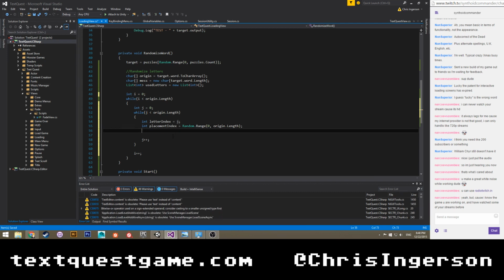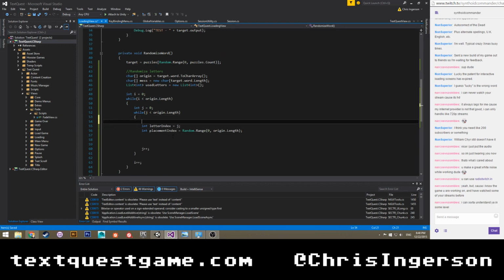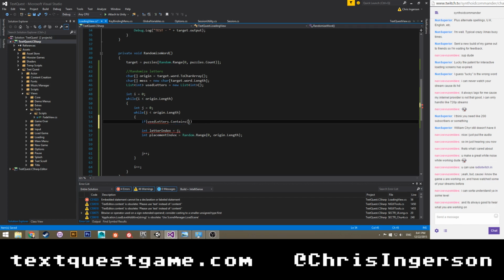Okay. And then we're going to say first if, oh man, this is going to be tough. If used letters dot contains j, then continue.